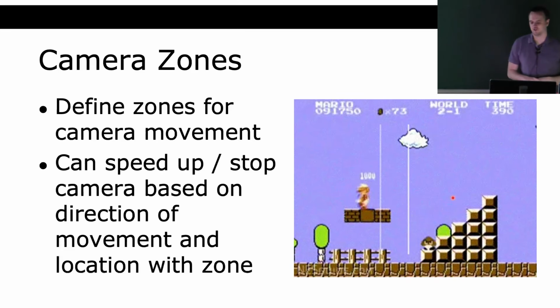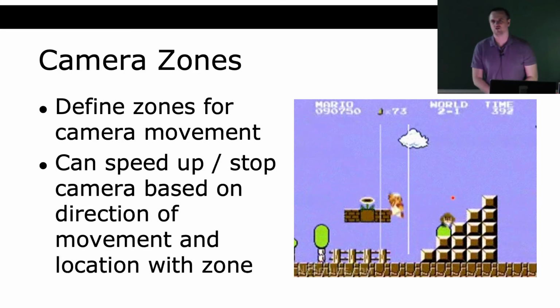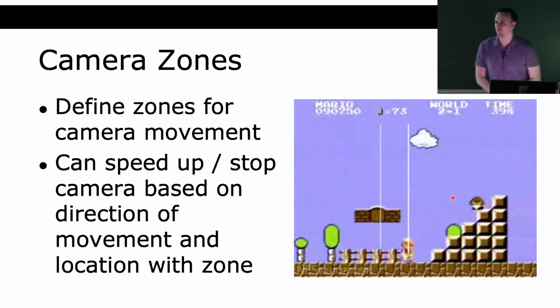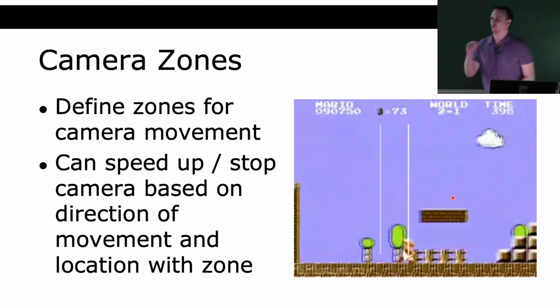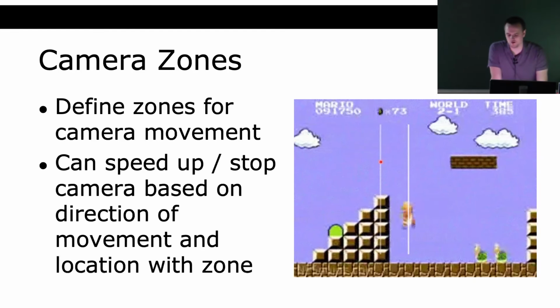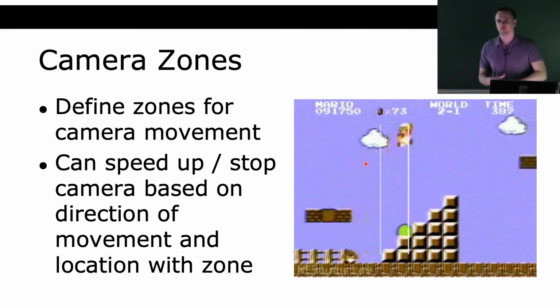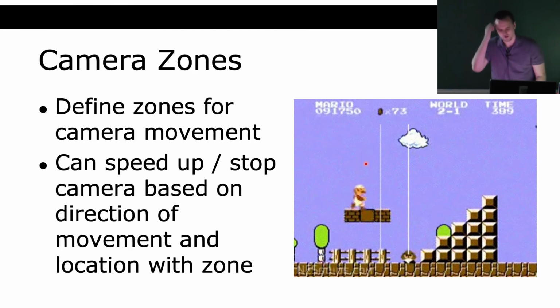Next would be camera zones. So camera zones are not identical. Whatever you could accomplish with a box trap, you could do with a camera zone as well, but not every camera zone could be accomplished with a box trap because it's not always moving when the player leaves the zones. The zones define this arbitrary behavior that your camera would then follow. So for example here,